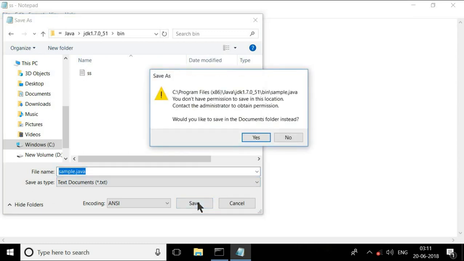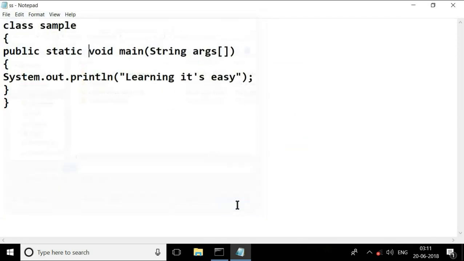But we are getting a security problem here, that is we don't have permission to save this file inside the JDK bin. So how to save the file inside the JDK bin? For that one there is a simple procedure.